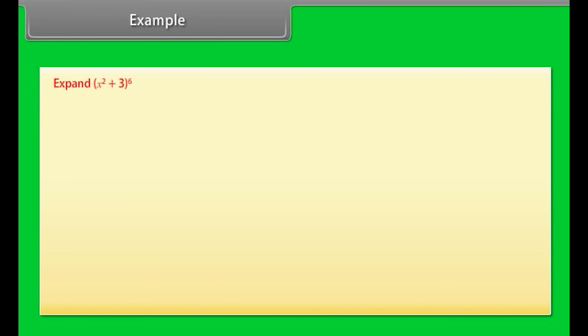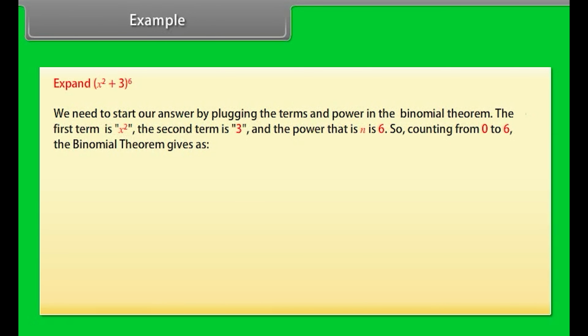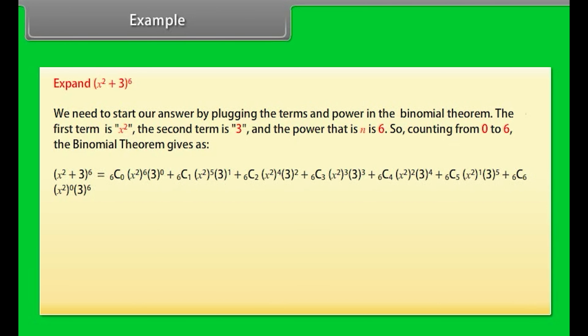Example: expand (x^2 + 3)^6. We need to start our answer by plugging the terms and power into the binomial theorem. The first term is x^2, the second term is 3, and the power, that is n, is 6. So, counting from 0 to 6, the binomial theorem gives (x^2 + 3)^6 is equal